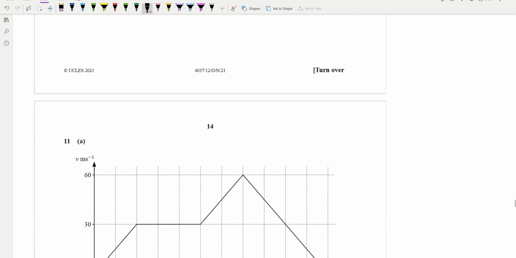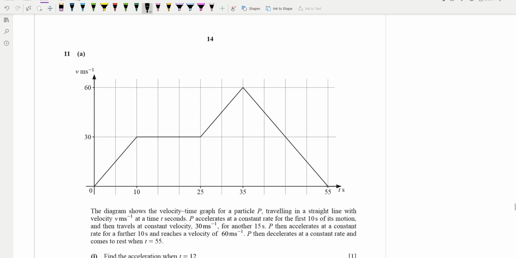Hopefully you understood this. Then question number 11a. A diagram shows a velocity-time graph for a particle P moving in a straight line with velocity v meters per second at time t seconds. P accelerates at a constant rate for the first 10 seconds. The first 10-second portion is this one of its motion, and then it travels at constant velocity, and the constant velocity is this portion. Now they are saying